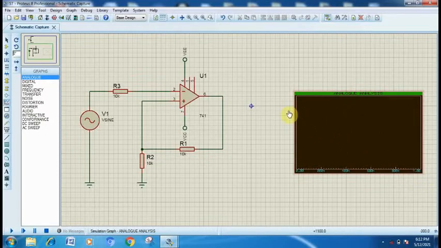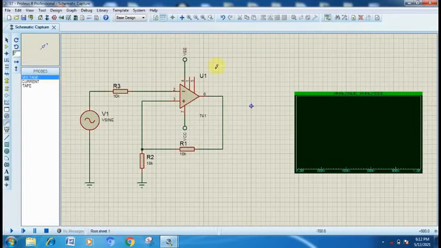We have to configure the inputs and output, or track the inputs and output on the graph, so that we can observe them. It can't happen directly. We require one or two voltage probes for this purpose, one at the output and one at the input. Check the name of the output probe is U1 OP.